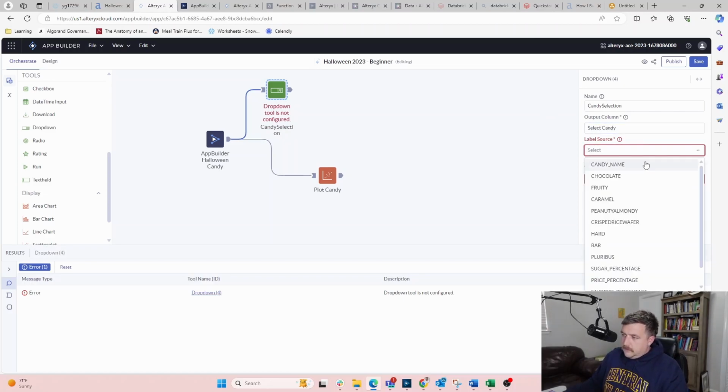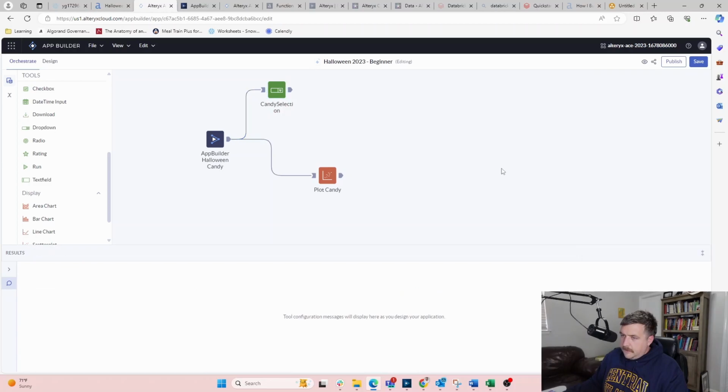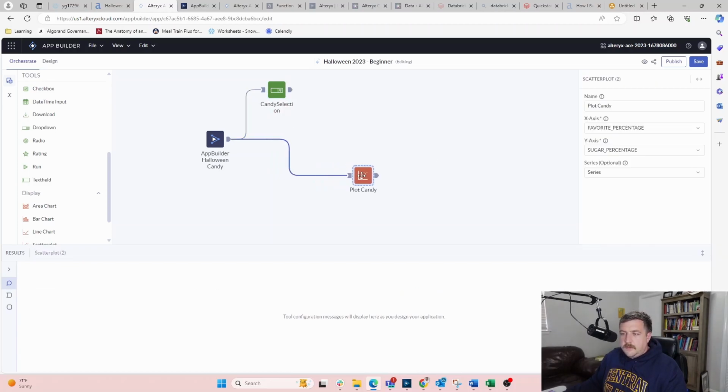The label source is going to be the candy name. Yep, that's fine there. So that's what I want to do there. But what I want to do,